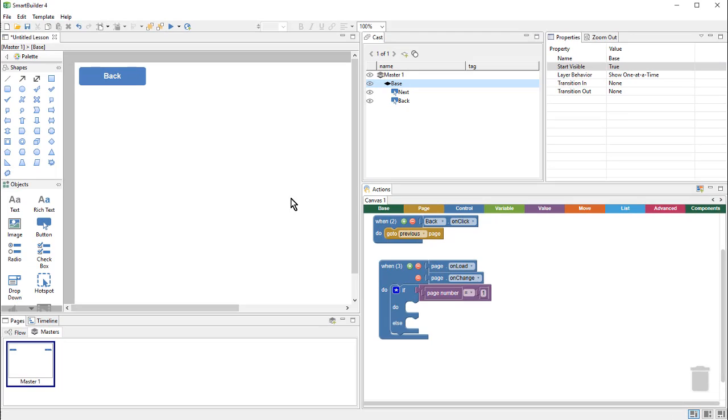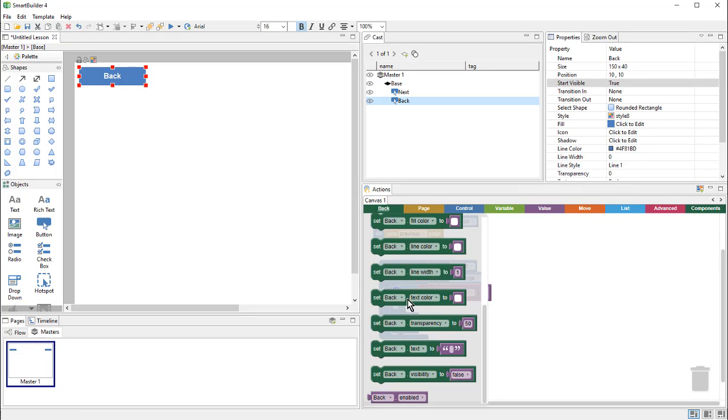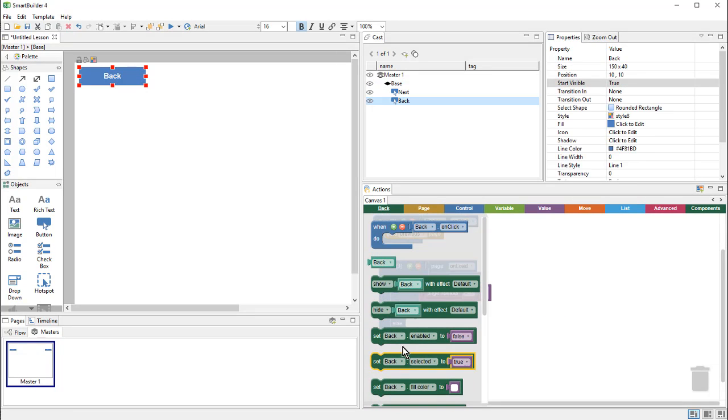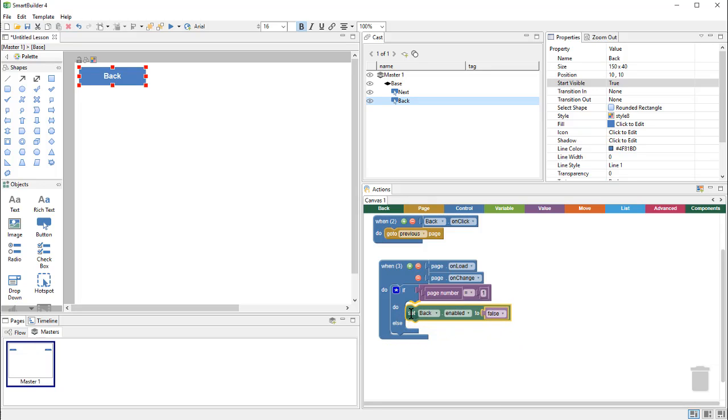So right now, I can click on my back button and grab the set back, which is the name of the button, enabled to false. So I can add this into my do portion. Now when we're on page 1, my back button will be disabled. So we can go back to the flow,